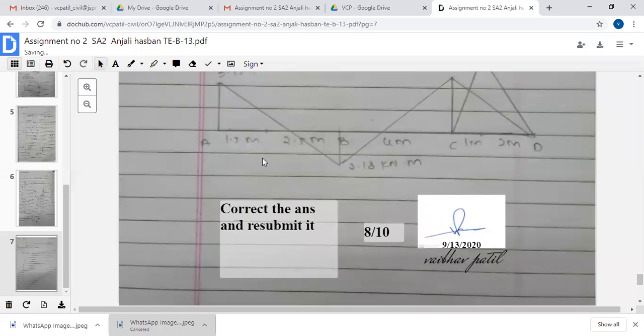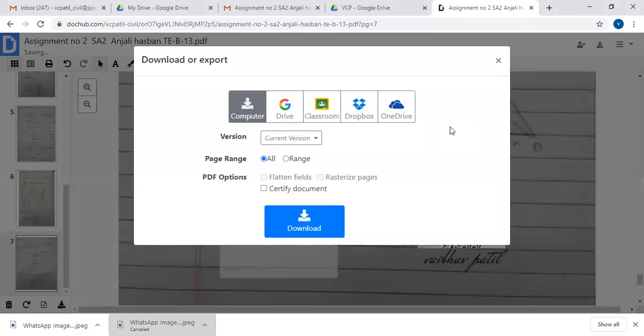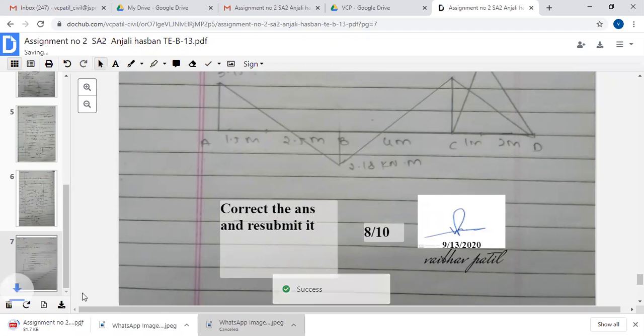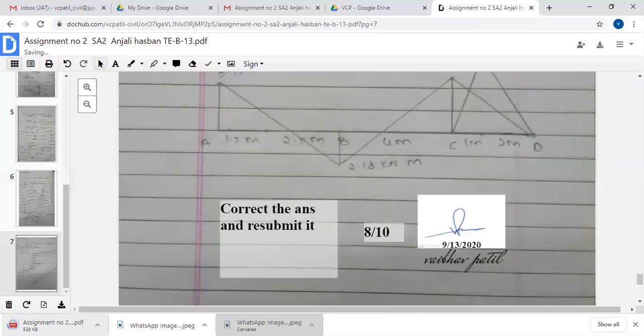And if you have to store this checked assignment, you have to download it directly. Okay, so on the computer you are downloading, so download this one. Here we have to wait, and the overall assignment will be downloaded.